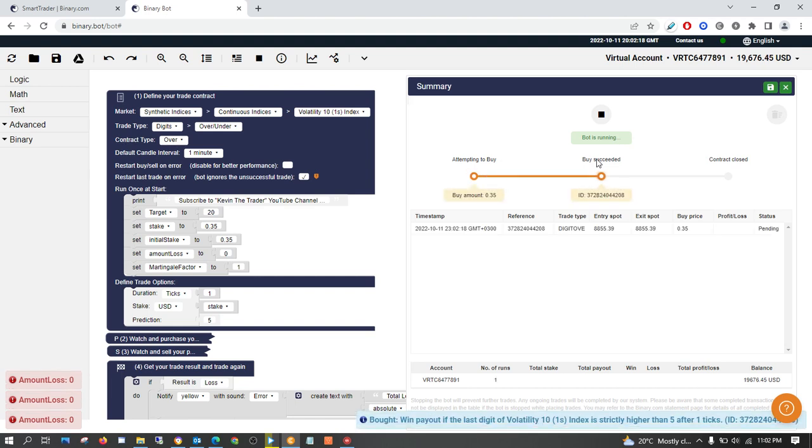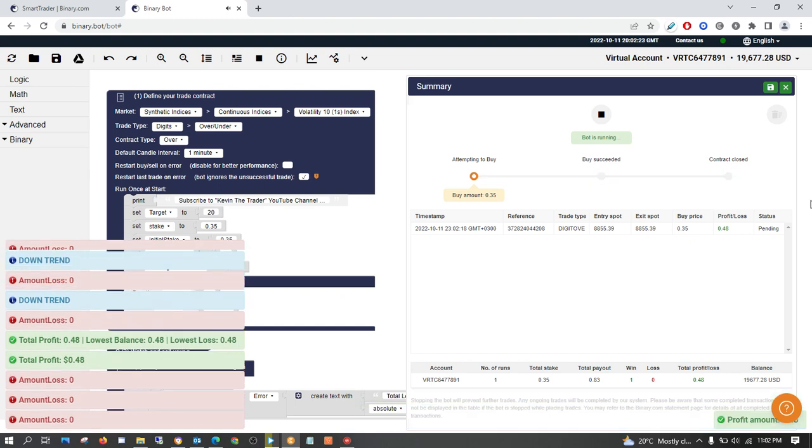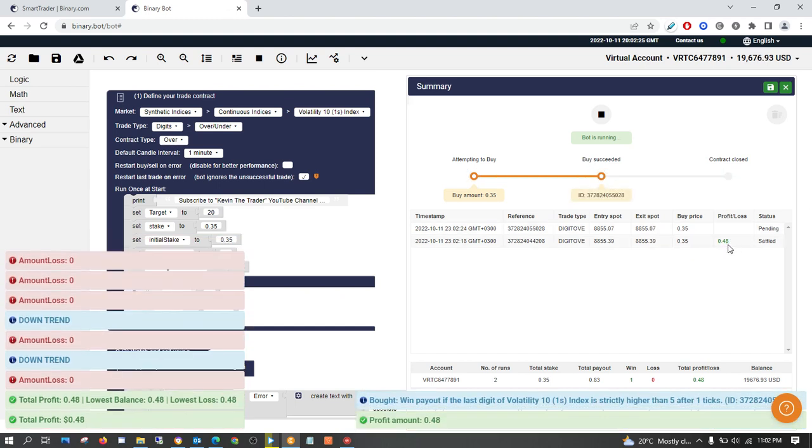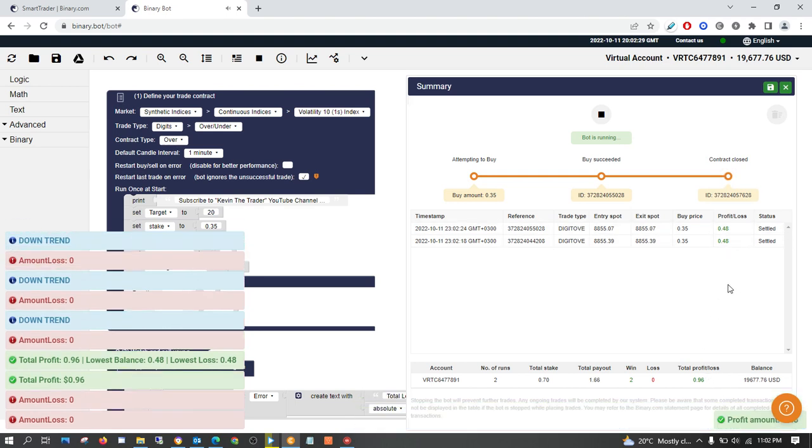You see, that is a win. Now you see from 0.35 we get 0.38, and now it goes faster.